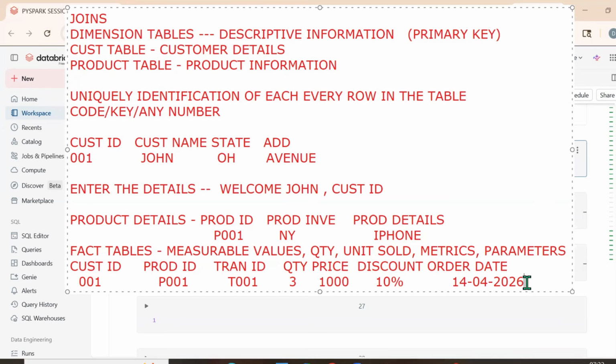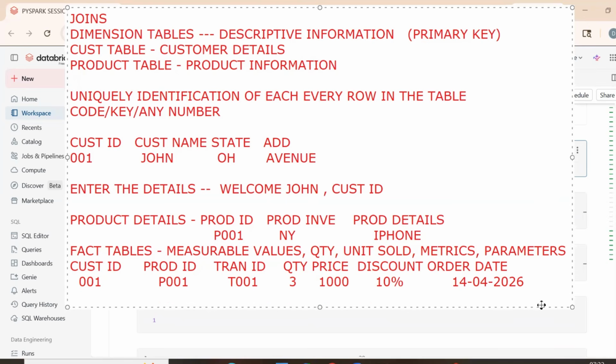So tomorrow, the same John wanted to buy some other product. When he tried ordering some other product, in the e-commerce, customer 001, P002, transaction T002, and the quantity is 4. So here he wants to buy some other gadget, an AC for example, and he got a discount of 20%, and the order date is